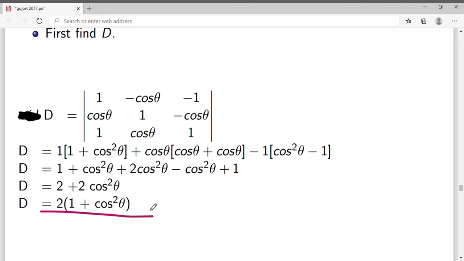Okay. So now this is the value of our determinant. Now the next step is that we have to find the range of this capital D. From this range, we can find the maximum and minimum value. Here in this, the function cos is given. So now we know the range of the cosine function. Cos function range is minus 1 to 1.